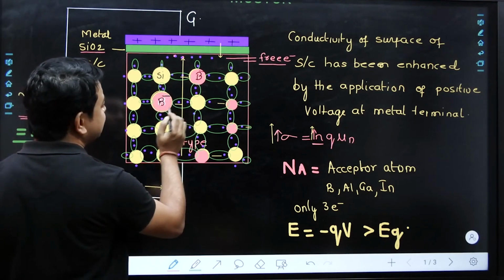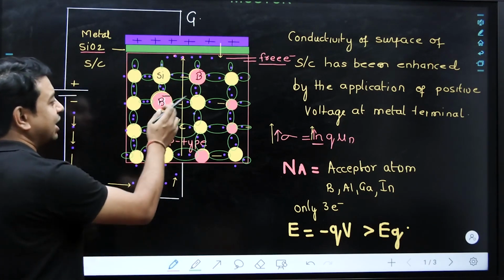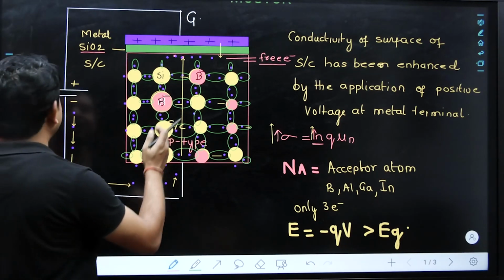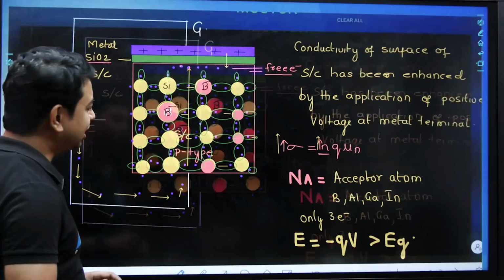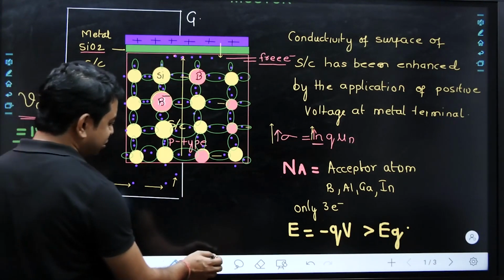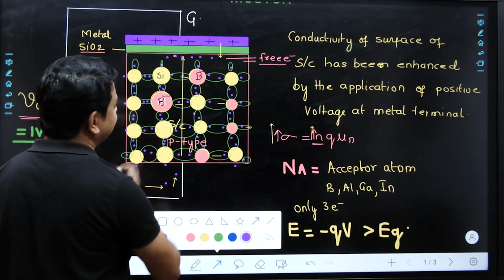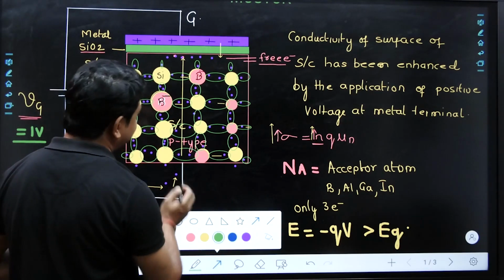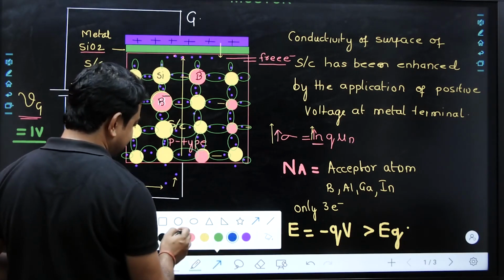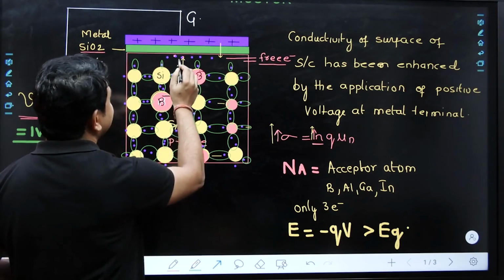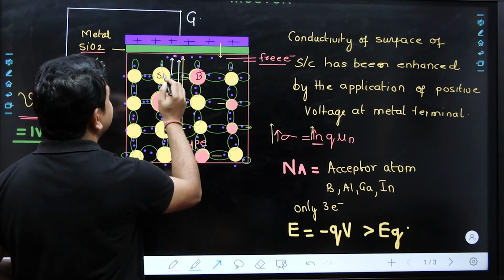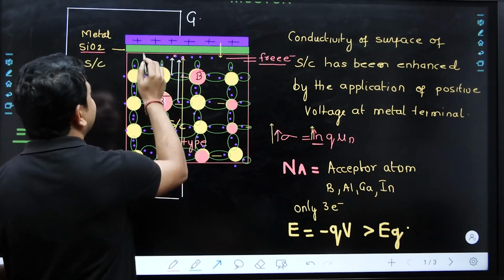These are the electrons present in the valence band of the energy band diagram. If these electrons get energy from this source, then definitely they will escape from the bond, and now these electrons will be present somewhere here. Because if it gets free, it will move and reside somewhere here like this.